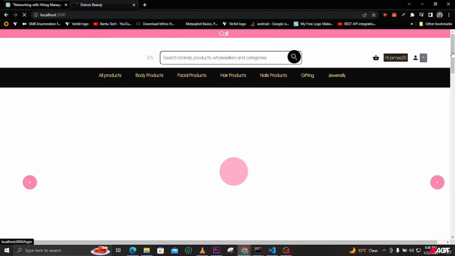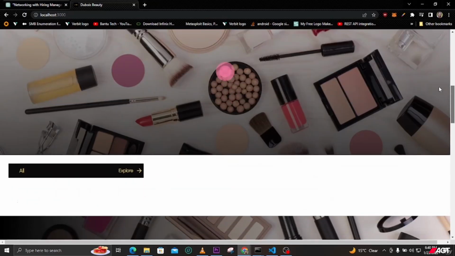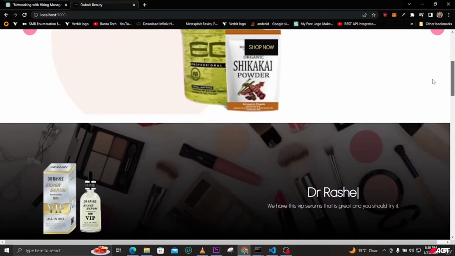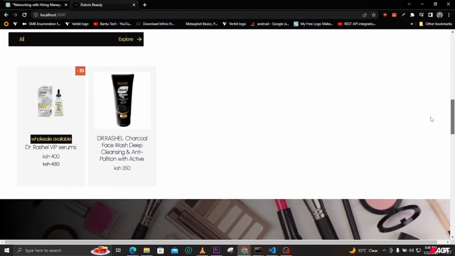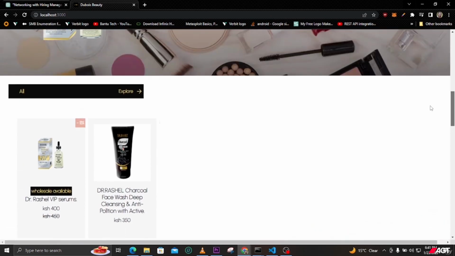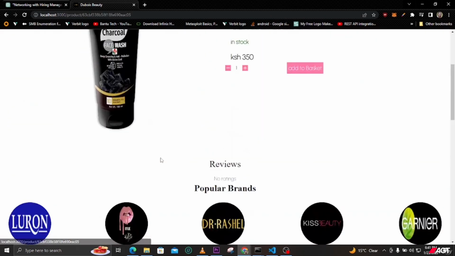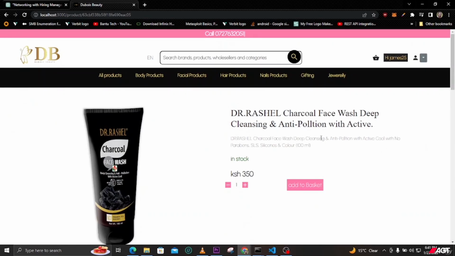So you can see this is a website here for e-commerce, and you can see, let it load. So right now you can see we are selling, it is an e-commerce for cosmetics products. So right now it's working, it's okay, and we're trying to sell this one using ChatGPT to give us tips and tricks on how to pitch and how to reach out to businesses for this